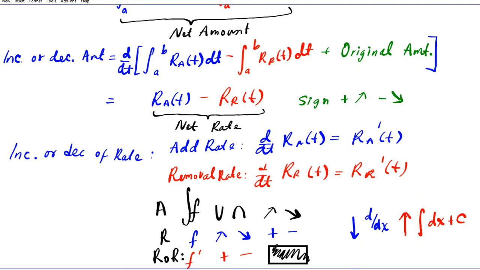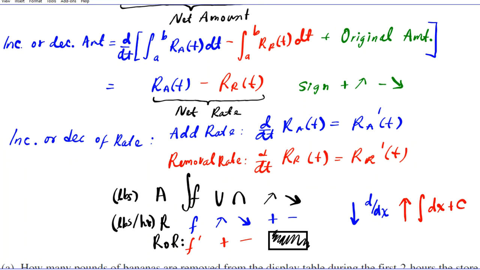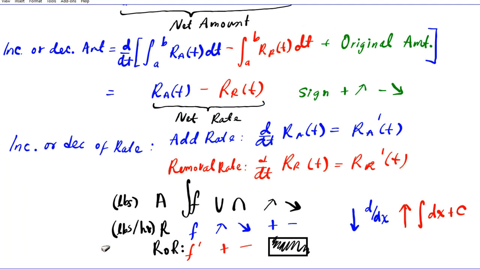Another thing that you can do when you have your function chart created is to input your units. You might have noticed in the problem the amount is in pounds. The time measure here is in hours. So the rate of change of the amount on display is in pounds per hour. And then the rate of the rate, the rate of addition or removal, increasing or decreasing, is going to be